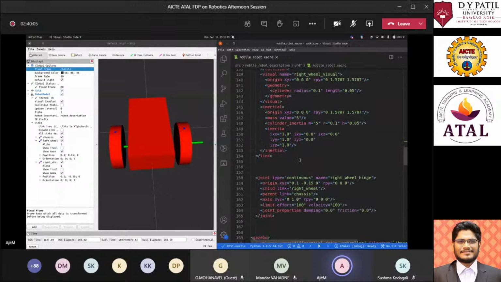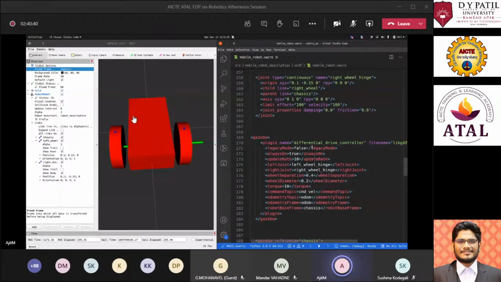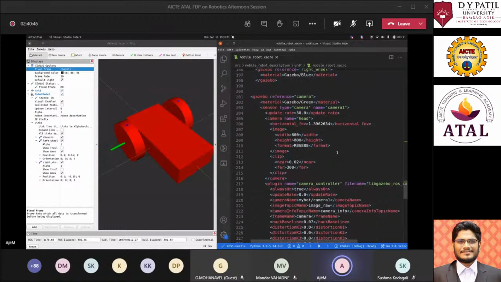Now, the next thing that comes is sensors. Gazebo, along with the robot model, also provides sensor models, and Gazebo is very computationally intensive. So what they have done is they have shifted the world computation and robot computation to the CPU, and they have shifted the sensor related data computations to the GPU. So if you have a GPU in your system, that might help you a little bit in doing the simulations as well. First thing, we are going to talk about cameras. So here is the camera.